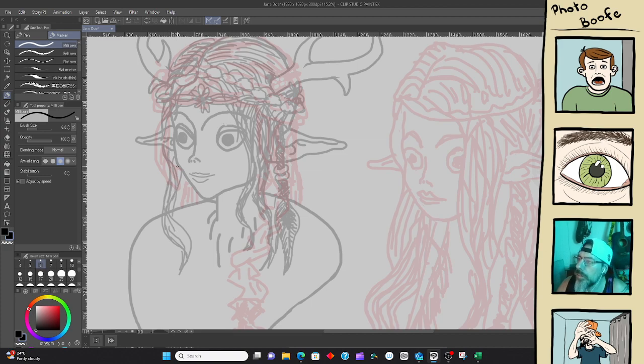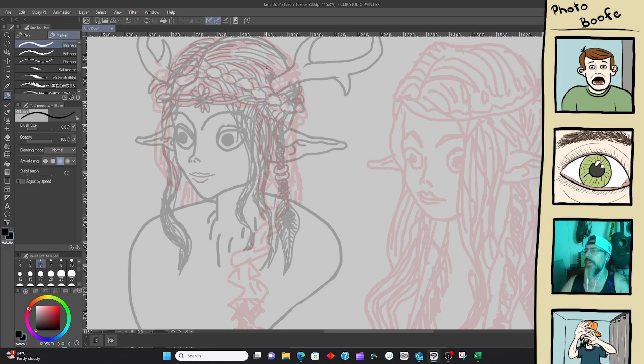Now this looks weird on screen, but in my head I can see where the hair is twisting around itself. So I will go ahead and make that a little more clear in the final render. But essentially it's doing something like that.